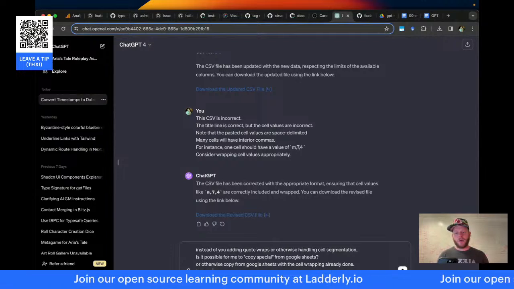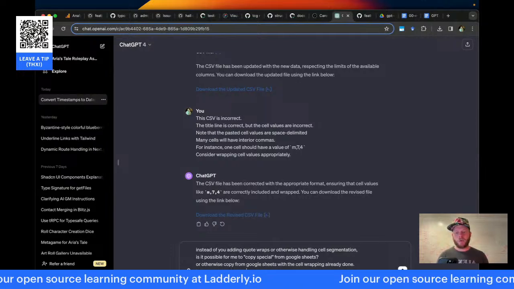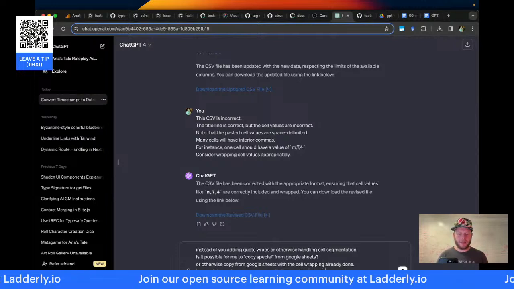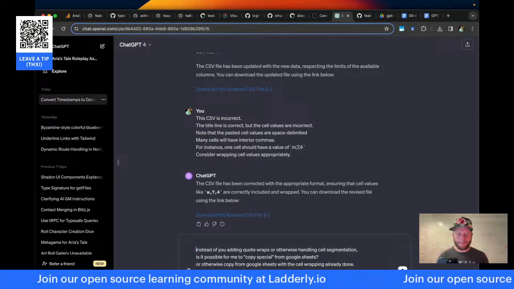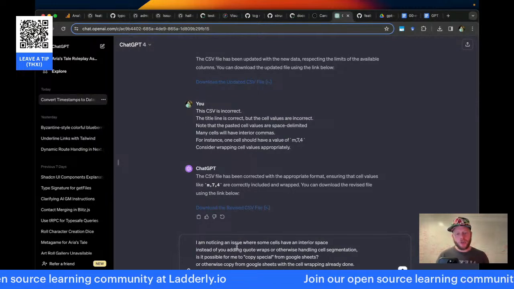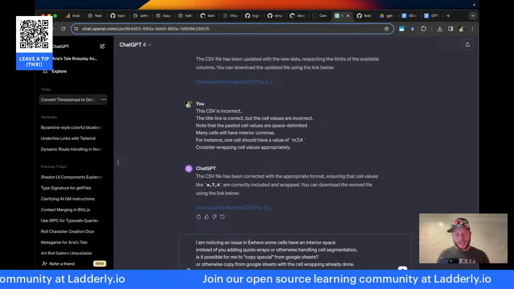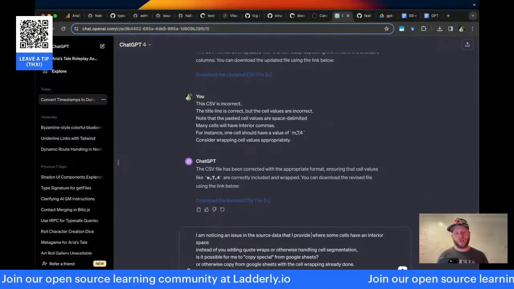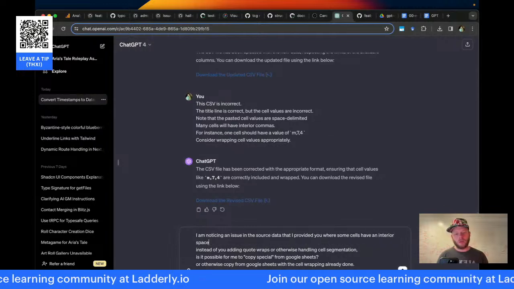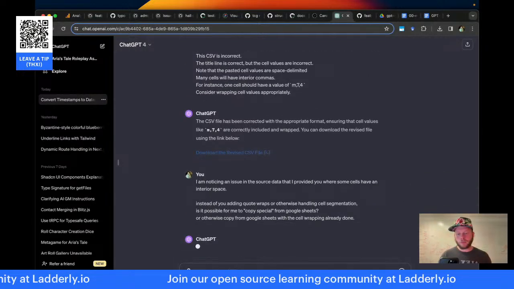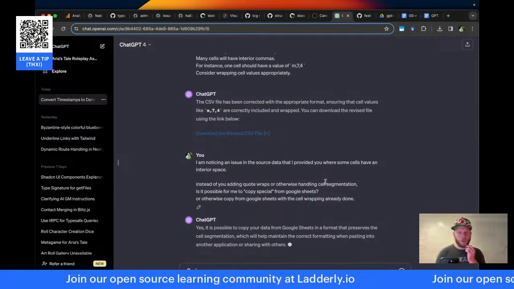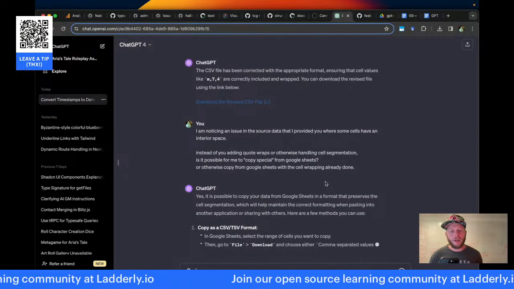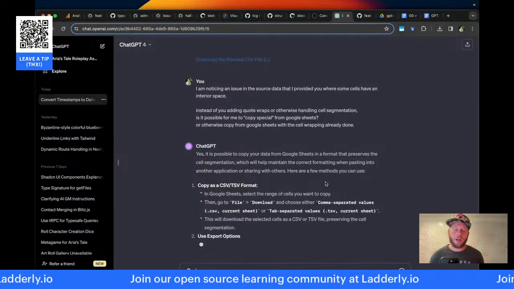I am noticing an issue where some cells have an interior space. I'm noticing an issue in the source data that I provided you. And we can do a Google search as well, but maybe GPT will just know. Yes, it's possible to copy. Okay, file download. Okay.